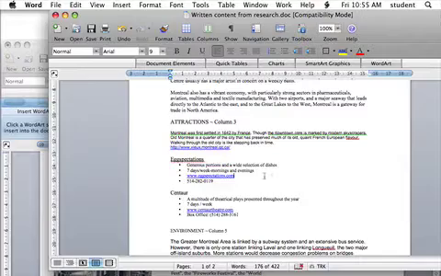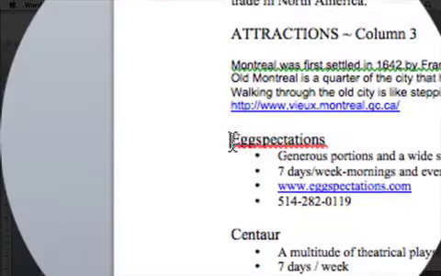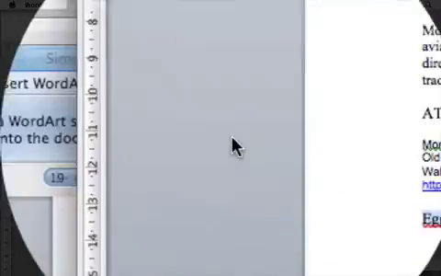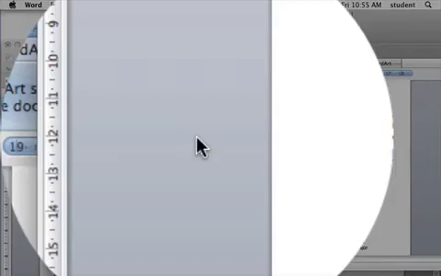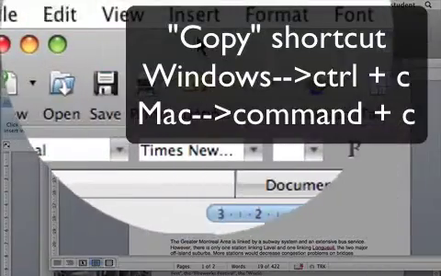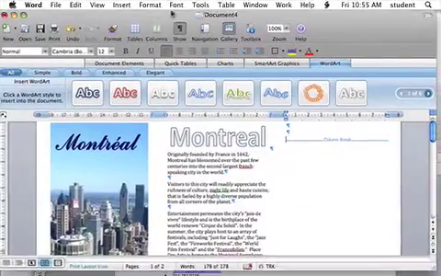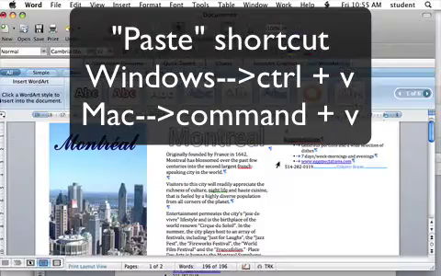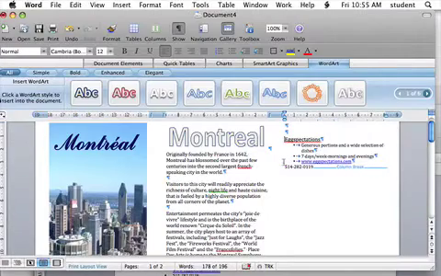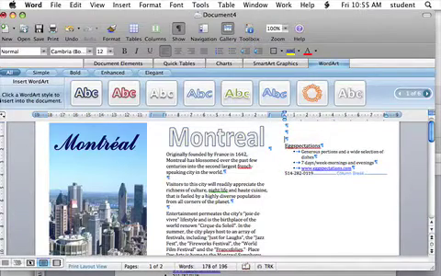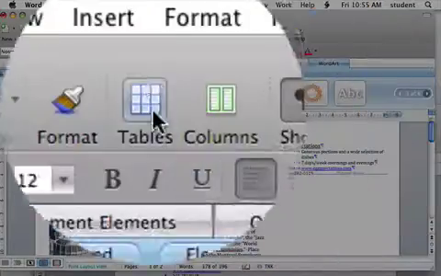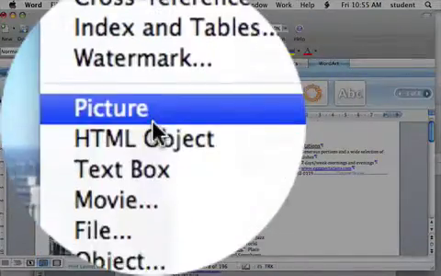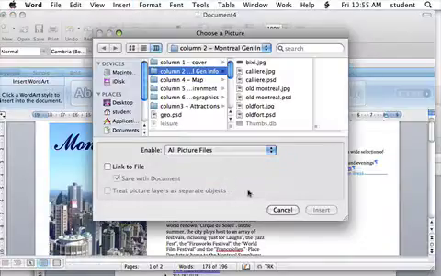For your project, you may want to do 2 or 3 attractions. Just to speed up the process here, I'm going to do 2 attractions for this column. I'm going to copy that text, come over here, paste, and again, if I want to insert an image for expectations, let me hit the return key and put my cursor just above expectations, and I'm going to go Insert, Picture from File,